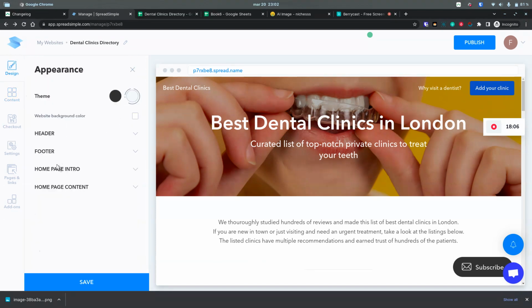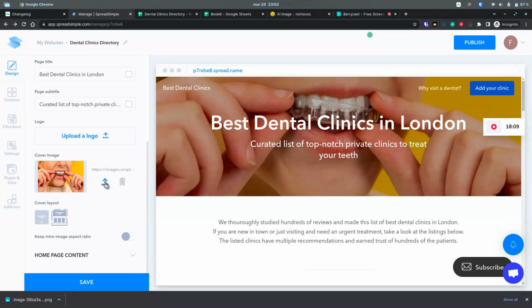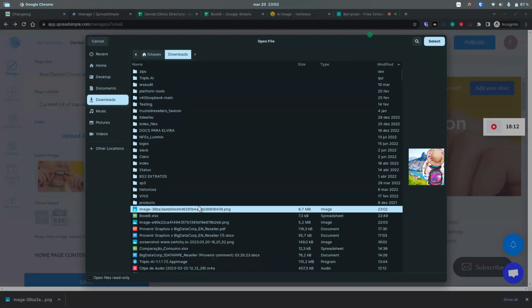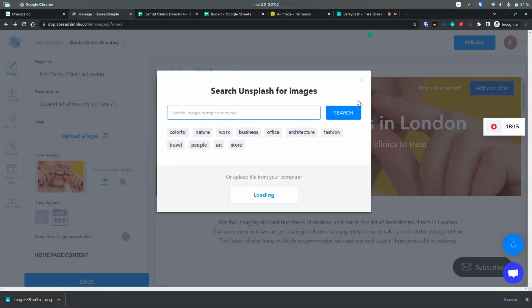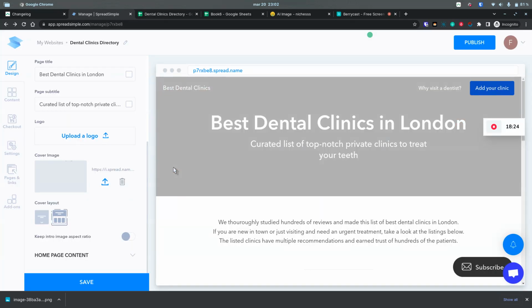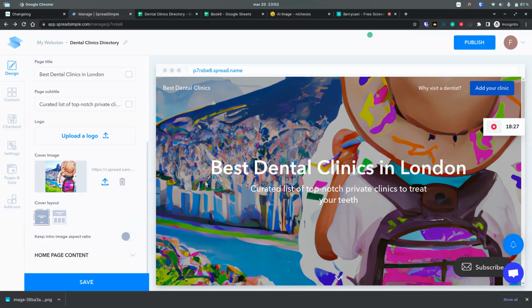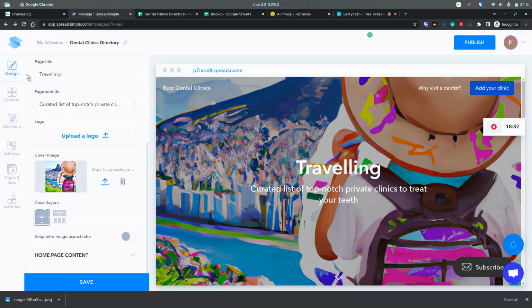It's on design, on page intro, and I'll upload the image. Oh, it's just too small. Let's make it bigger and let's call it traveling to Rio de Janeiro